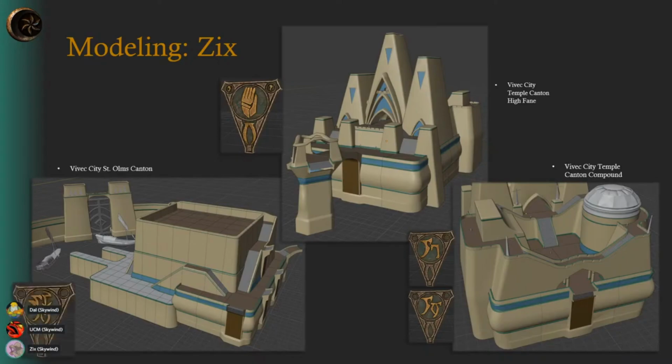This last one is Olms. I don't think we have to guess that because it's the last one remaining. It's a box. You can see how these cantons are all unique too. That was the goal. Each one that we had is a different shape with different pieces. The Olms one, for example, has a unique tile set that I had to make, probably like 20 pieces that are all unique. And same thing with the High Fane. The High Fane is a unique piece. It's got a unique compound in the back to encompass the Hall of Wisdom, the Hall of Justice as